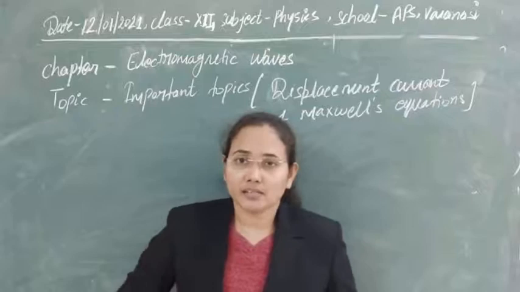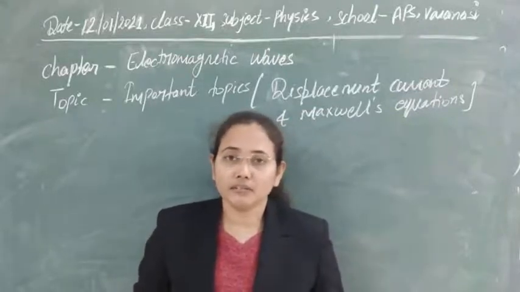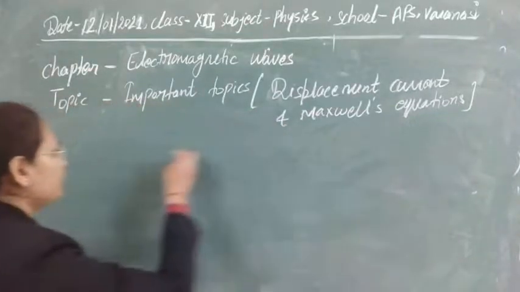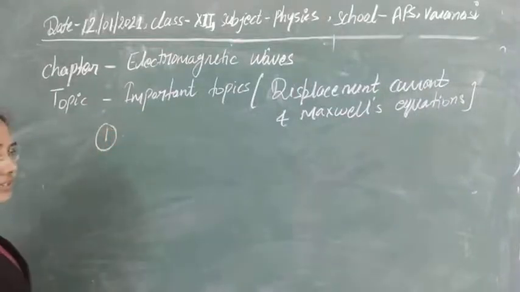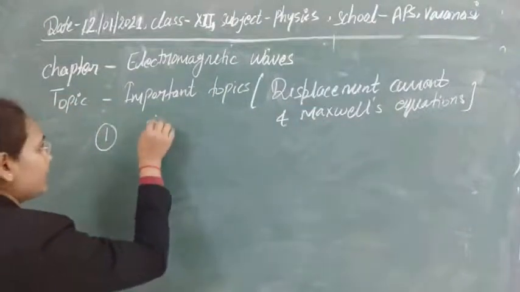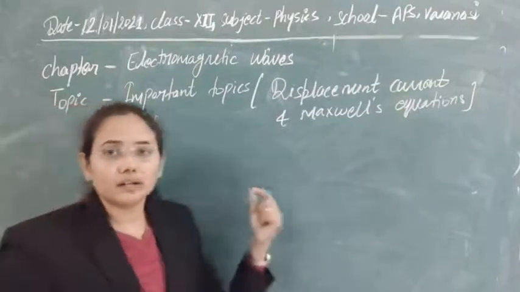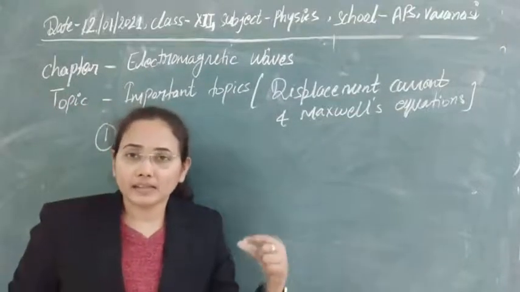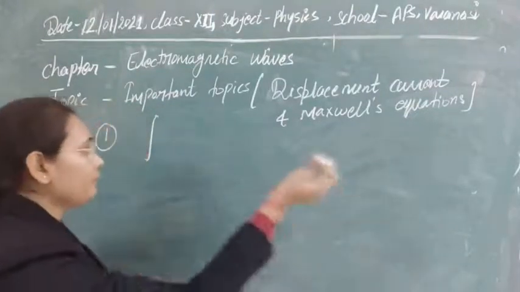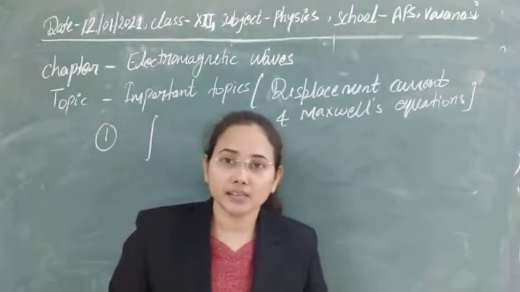In that branch one important law was there, that is Gauss's law of electrostatics. It is the most important law of electrostatics. If you write Gauss's law in integral form, then the flux enclosed in any surface is equal to 1 by epsilon times the charge enclosed by it. So you can calculate the flux that is passing through any surface that is given to you,